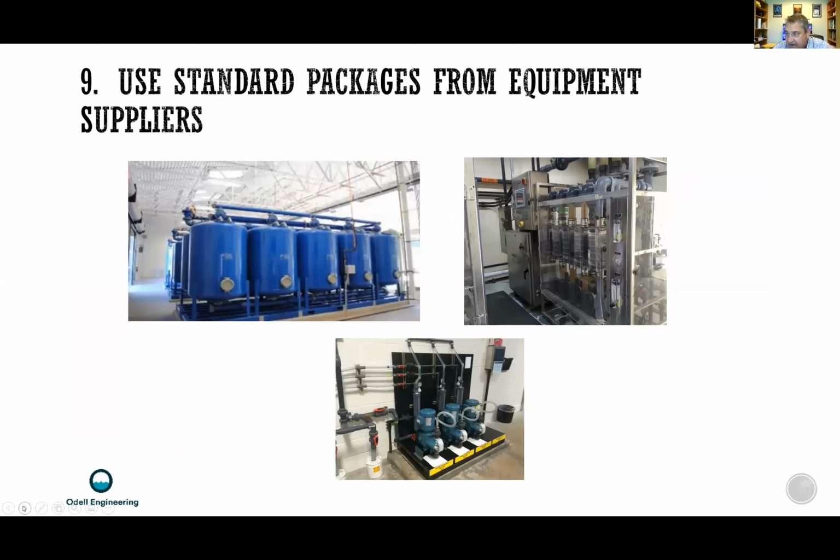The other thing that I like to do that I think really has a huge dividend for cost savings is trying to just use standard packages from equipment suppliers. I like to bid out equipment early in a project, select the equipment that you're going to use, and design the rest of the plant around it. And I don't try to say exactly what the equipment needs to look like. I like to say, here's the water quality we're going to be treating. Here's the performance that we'd like to have. And if there are other things like footprint, height, backwash volume, or flow rate constraints that we want to stick to,